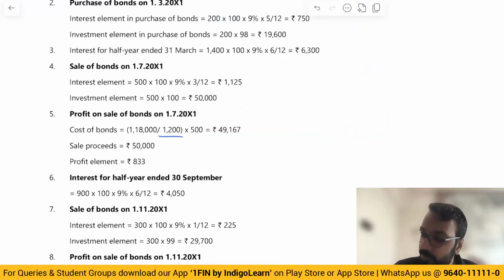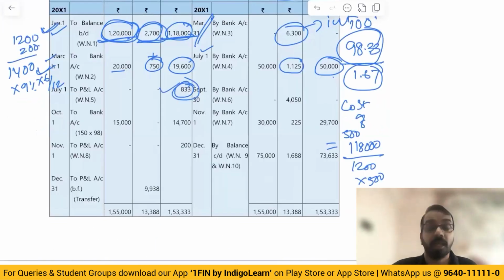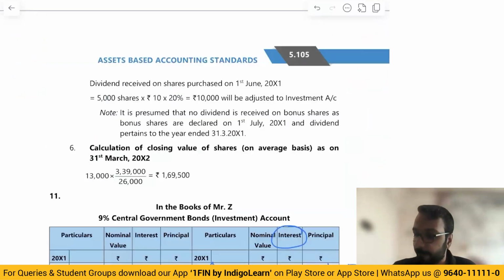Cost divided by 1200 into 500, 49,167; sale proceeds 50,000; profit is 833. That profit will transfer to P&L. Sir, can we transfer all the profit at once at the end of the year? You can do that, but the problem is you may miss out. So the moment there is a sale transaction, immediately post the profit or loss transaction. Okay. Then